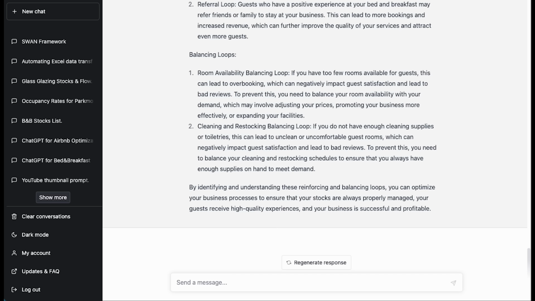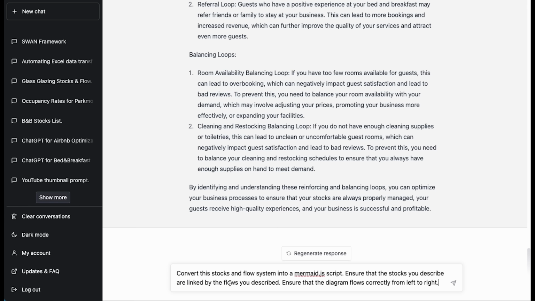But once we get to this point, I think we've really generated our stocks and flow diagram in words, in script, but we want a visual diagram. So we're going to use ChatGPT. So let us use ChatGPT to create us a visual diagram. So for doing that, we shall use this prompt over here that I've pasted. It says convert this system that we have into